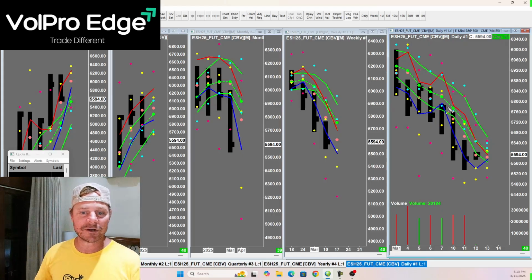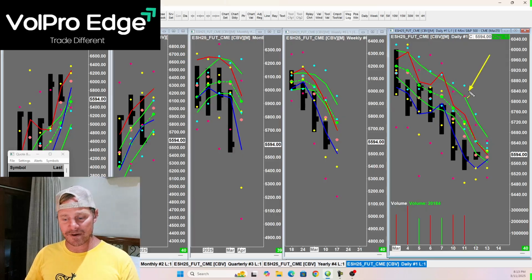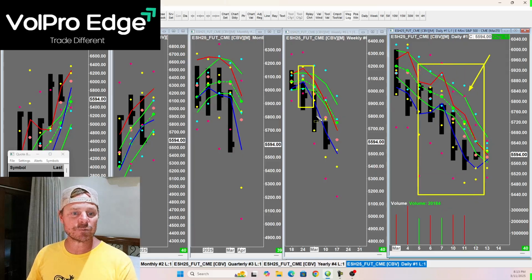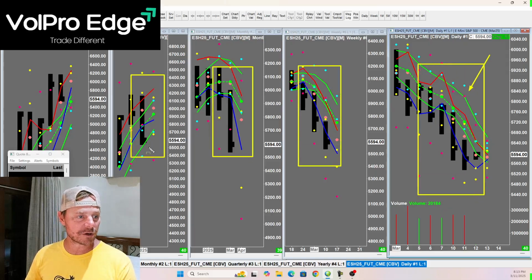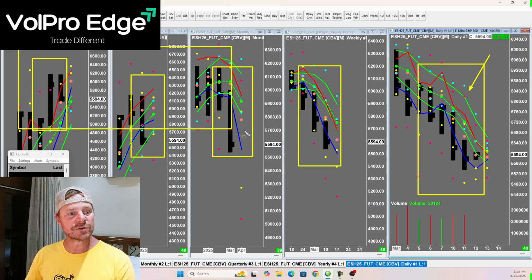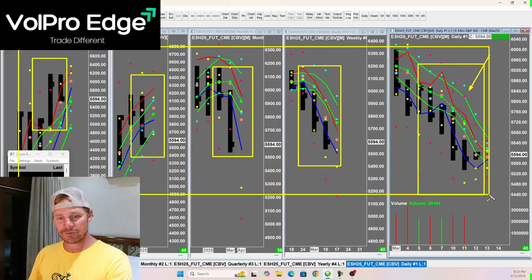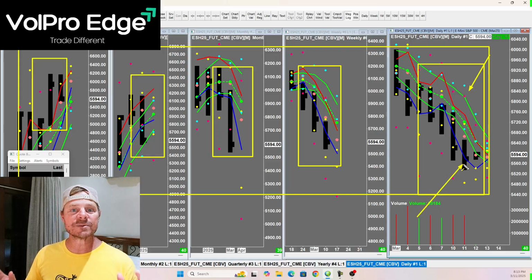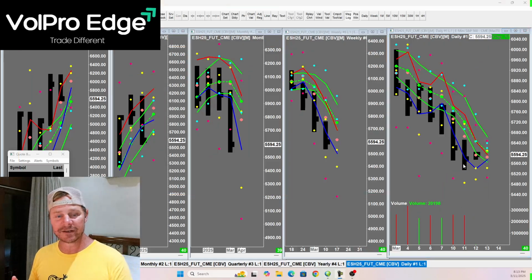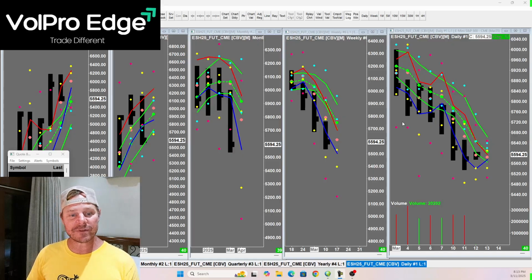But if you're just getting started here and following along with us, remember, this is the daily chart here, okay? These are daily price bars, weekly, monthly, quarterly, yearly. We use all these together to get an idea of what we expect for the next 24-hour period. If you're a swing trader, you can do the same thing, but you use the weekly as your lowest time period. If you're a position trader, you can use the monthly.